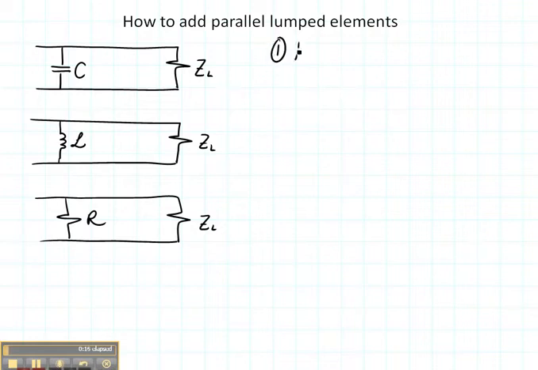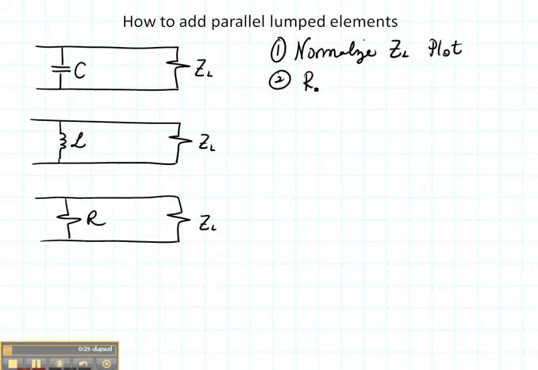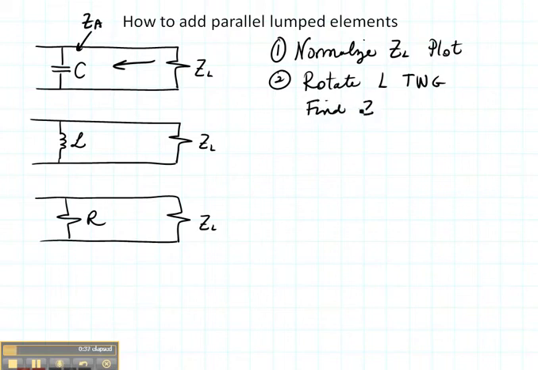The first thing that we're going to do is normalize ZL and plot it on the Smith chart. Then we're going to rotate a distance L towards the generator. That's going to put us right over here, finding ZA as we did before. So we can find ZA, but we're not going to read it yet because ZA is not what we're going